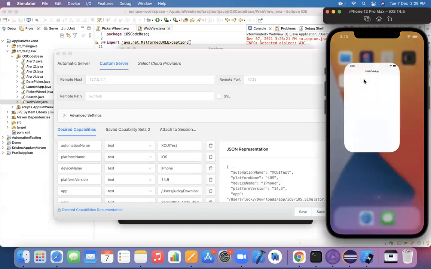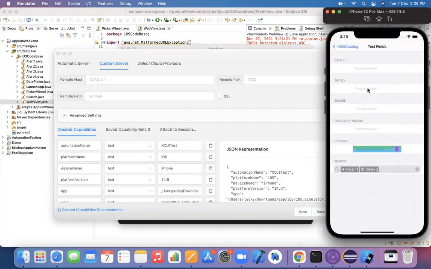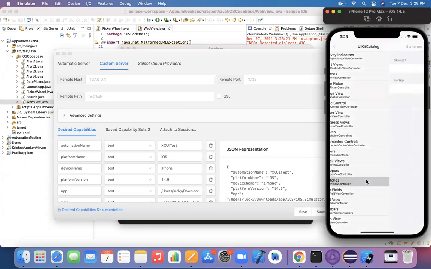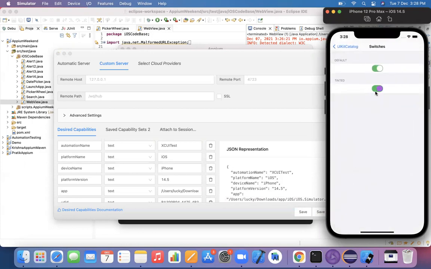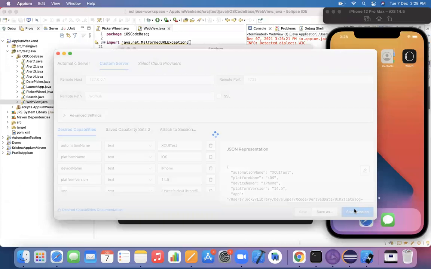what we have done is, we handled a date picker, we handled picker wheels, we handled web views, and if there are any text fields, you can use a simple send keys command to handle any kind of text field. There is no specific restriction that you need to use a separate set of commands. You can use a simple send keys command. And there are switches; basically you can just toggle them on and off. You can find a unique locator for the switch and simply toggle it on and off. So for today, let me write a program that will toggle on and off this particular